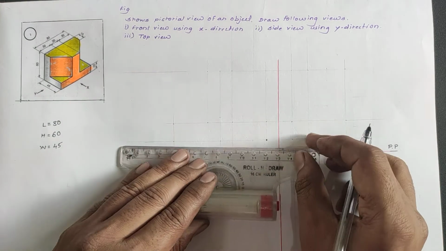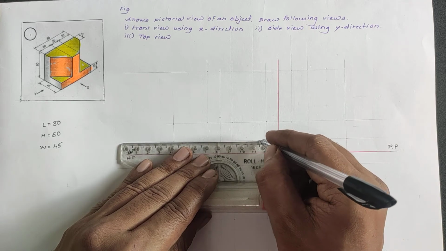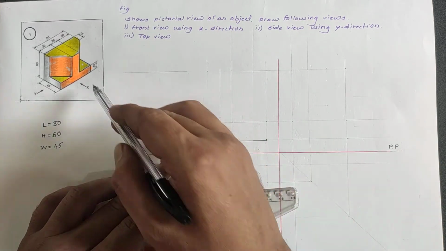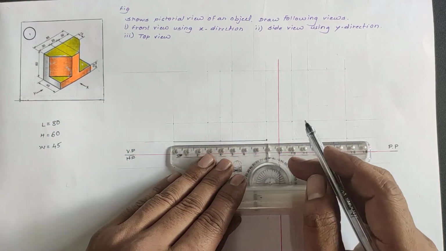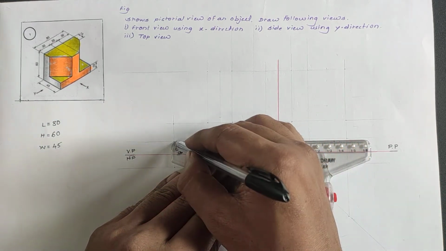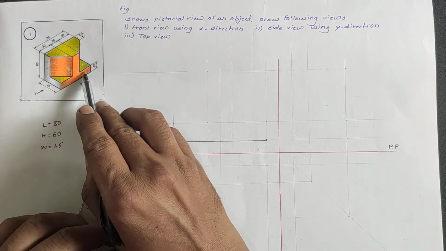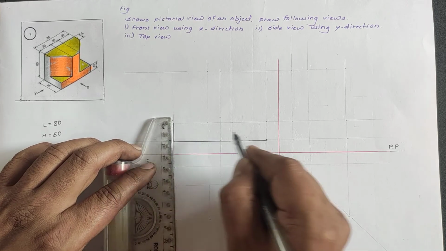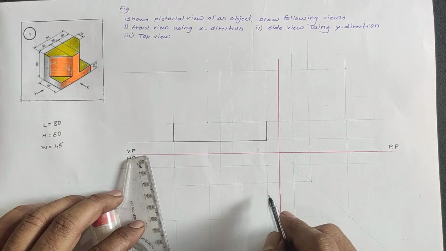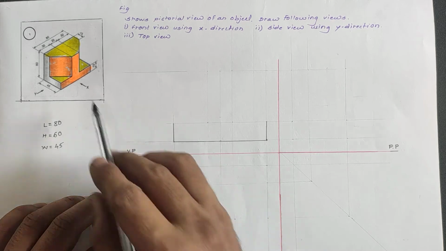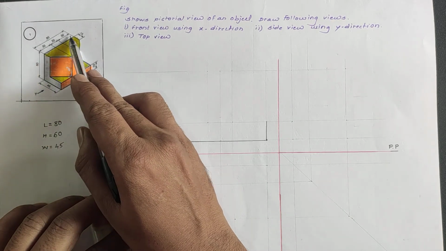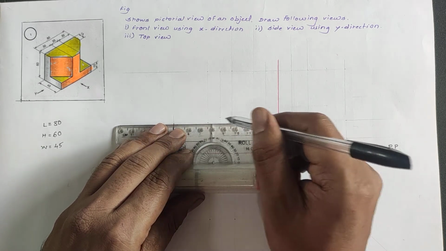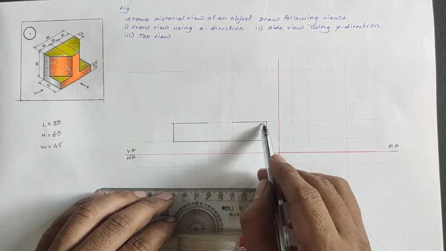From this corner point, the tilted T, the base total we draw as a dark line, that is a total of 80 mm. Take 80 mm and mark this point. Then the height of this plate is 15 mm. Take 15 mm from both the sides. Then the horizontal distance is 30 and 30 from both the sides. We can take 30 mm and 30 mm. This is 30 and 30 mm from both sides.